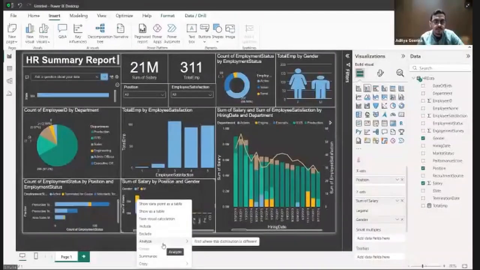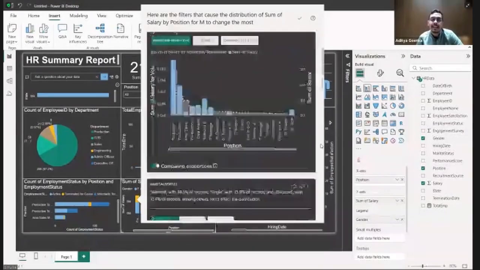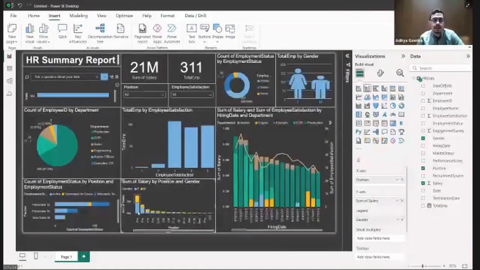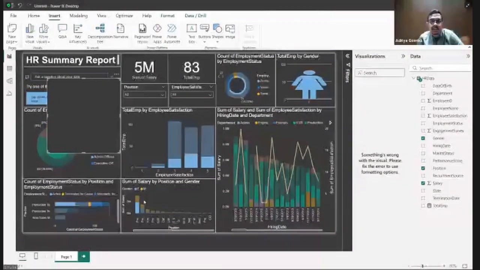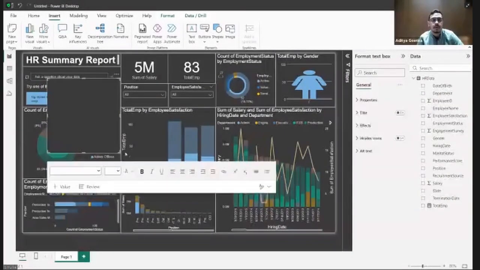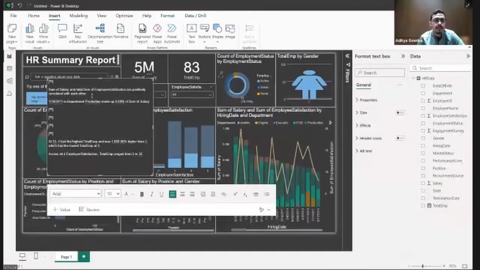Similarly, over here, let's say if you want to analyze a pair, find where this particular distribution is different, it will analyze that for you as well. If you don't want it to be an analyze thing, if you want just a summary of this entire thing, simply right click and click on summarize. It will summarize this entire thing for you. What is happening over here in this particular graph? Sum of salary and sum of total employment satisfaction are positively correlated with each other.